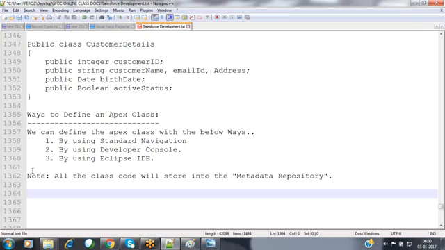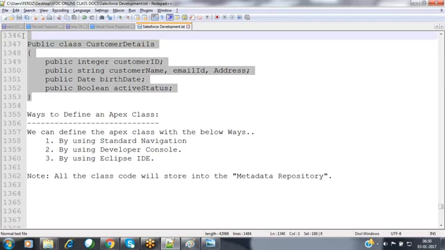Now we can also grant the access: which user can invoke this class, which user cannot invoke this class. We can grant the visibility by using the profile level. Already we have discussed that. During the profiles concept, we discussed that by using the profile, we can grant access on different levels in the different features of your Salesforce application. So on the Apex classes also, we can grant the access to what Apex classes can be invoked by these users. Now, how can we define this Apex class? Let's see practically here.